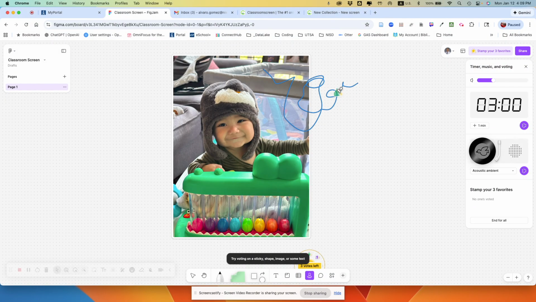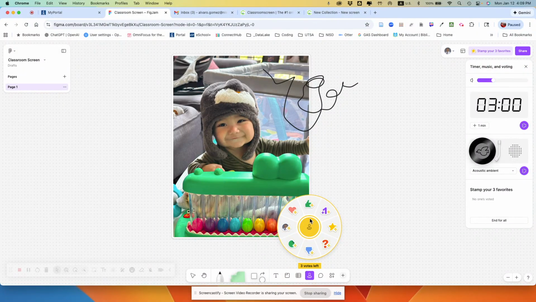I wonder if it's not letting me. Let's try it again. +1. It's probably because I don't have enough elements here, but anyways, that's how you would vote. Okay, so now, oh, and it could be too because I'm the only one in the Figma. If there was more than one person in here, then we could vote and put our stamps and all that